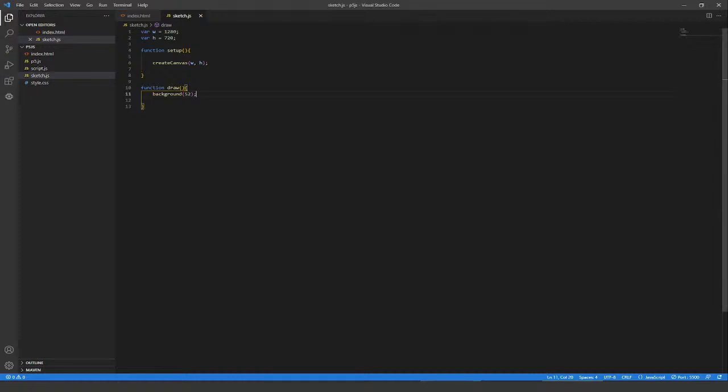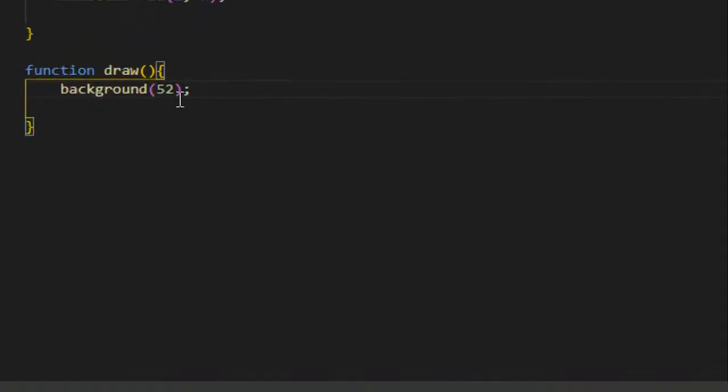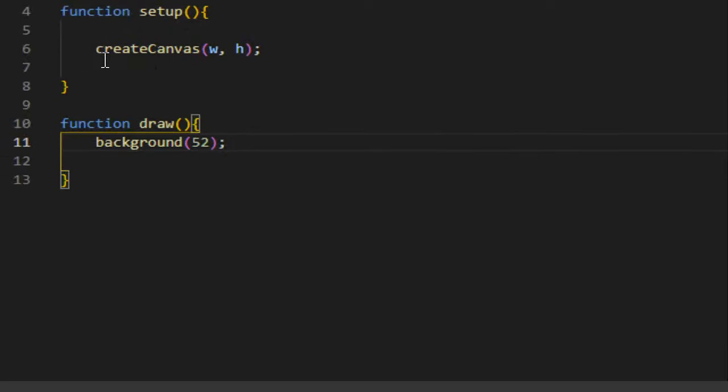So what I would like to do here is let's start out by just putting a shape on here. And let's try to get it as close to the center as we possibly can, which would be pretty interesting. So in anything that we're wanting to draw on the canvas, we'll do that in our draw function. And let's do a rectangle because we've looked at a rectangle. So one of the interesting things about p5.js